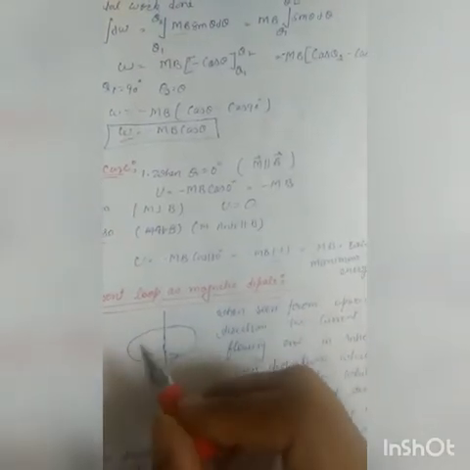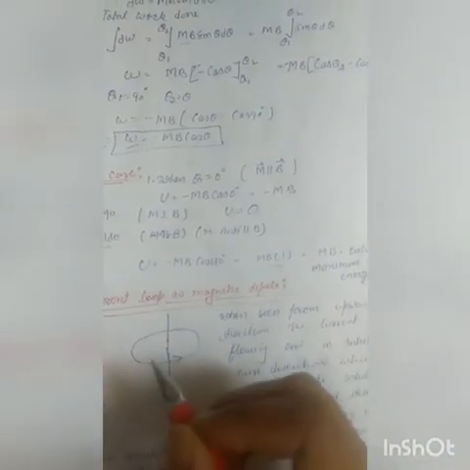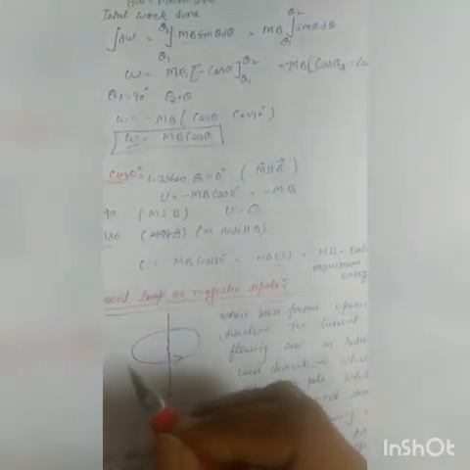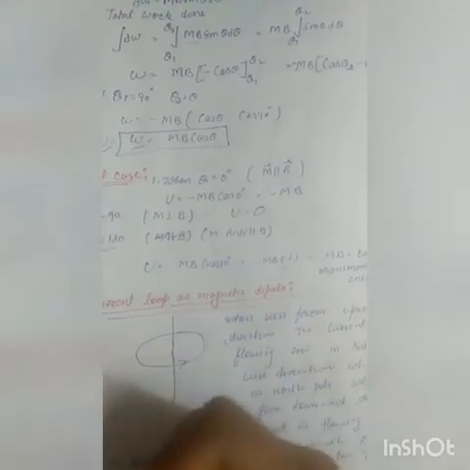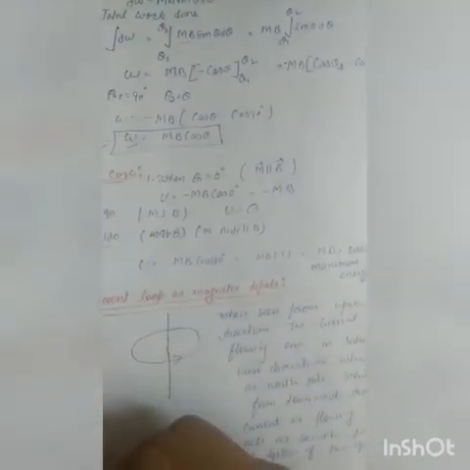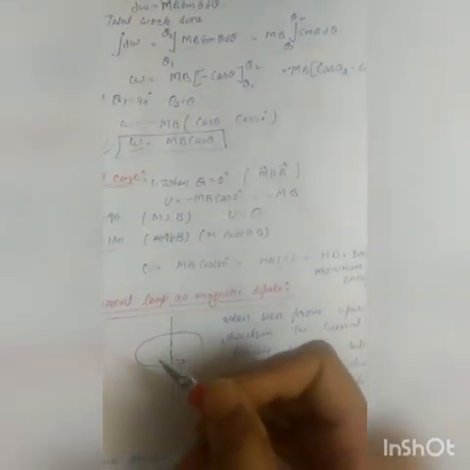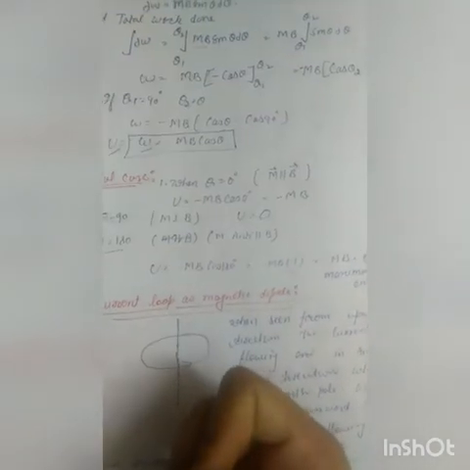As we know, when the current is flowing in the anti-clockwise direction, it behaves as a north pole. And when this loop is observed from the downward direction, we see that current is flowing in clockwise direction and it behaves as a south pole. Thus, a current carrying coil has two poles, north pole and south pole. So it behaves as a magnetic dipole, right?